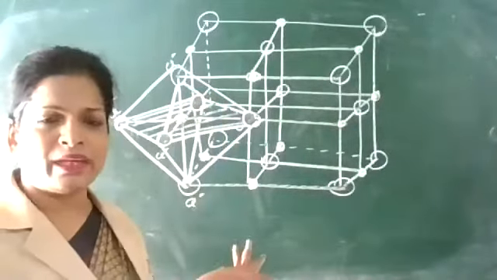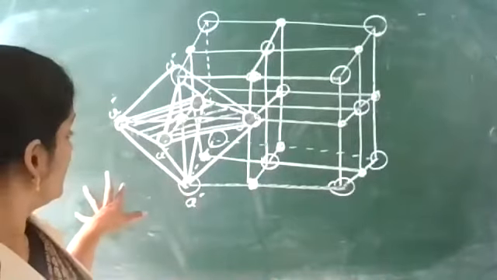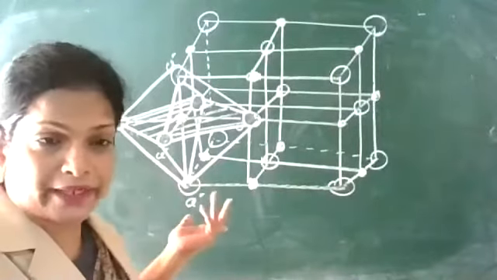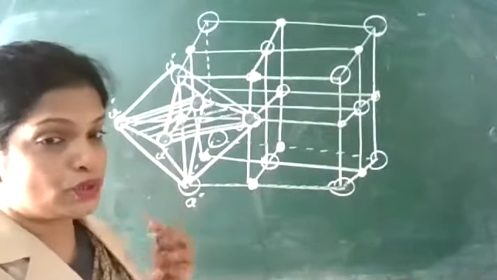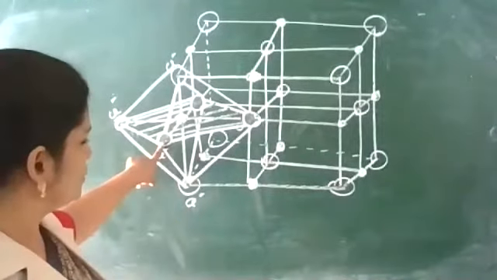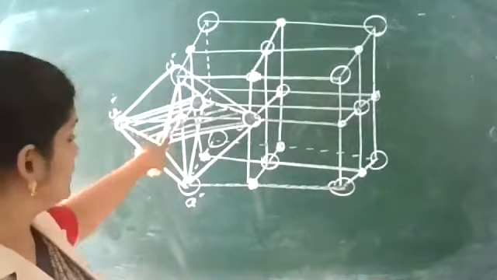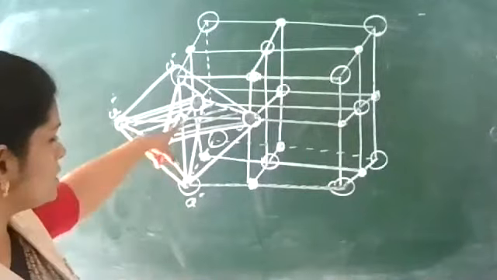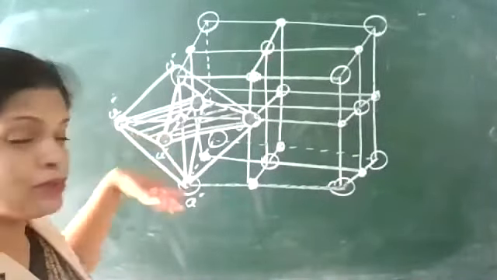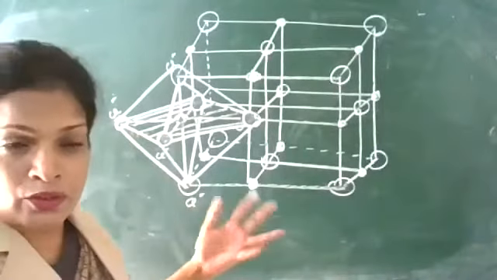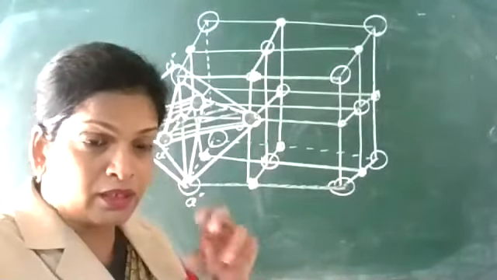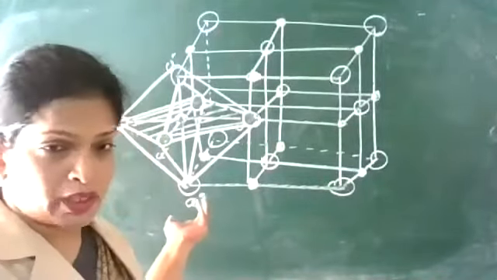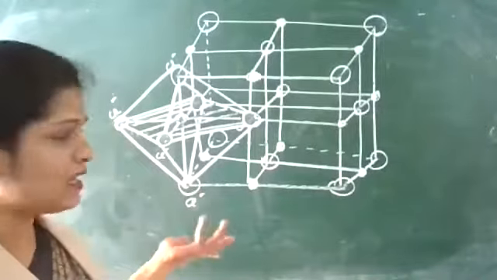So while showing these voids, to show the voids, you don't have to show those projected lines, the 3D lines, which are closer towards you. See, this is closer towards you, this is far away from you. Consider these two, this is closer, this is far away. You can join by lines only. See, I join by lines only. You don't have to give those projections. Closer towards you is thicker, away from you is thinner. That concept you don't have to show in the case of points. You can show by lines.